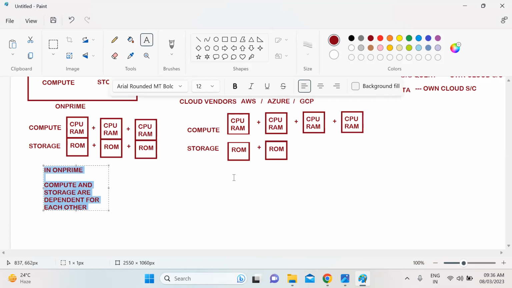Whereas in cloud, compute and storage are independent of each other.